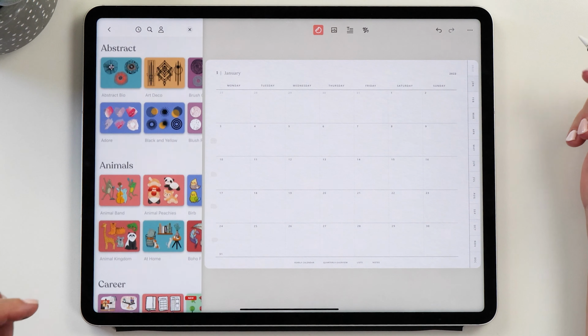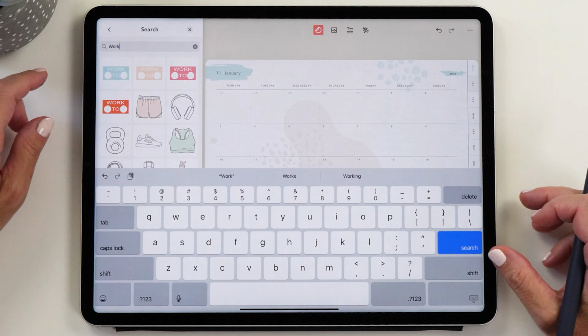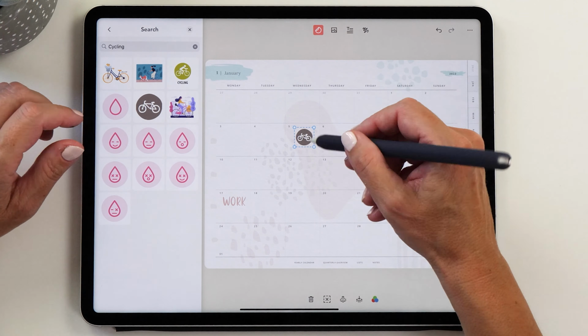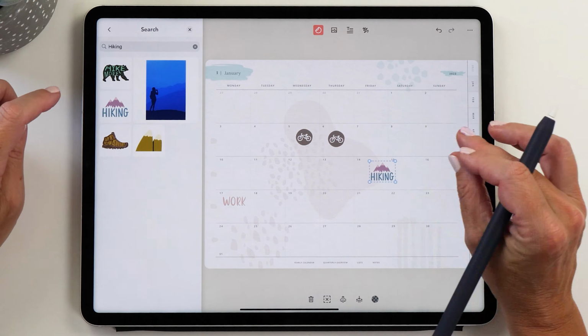And we want to have these at the bottom of the stack so that we can still see the numbers above, and then maybe decrease the opacity a little bit. So now I'm just going to place some of these all the way around. And so you can embellish your pages any way you want, and you can add any of the stickers, and then of course also add your own lettering to this and make it look super cute.